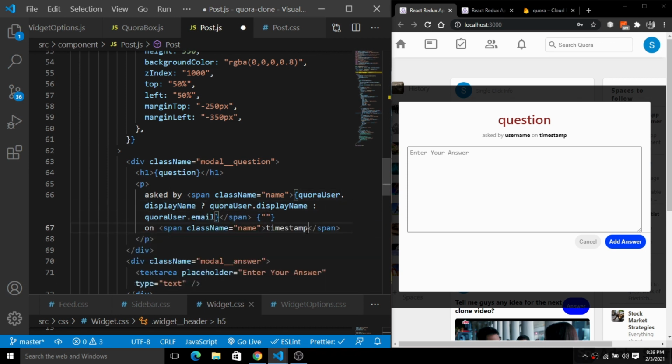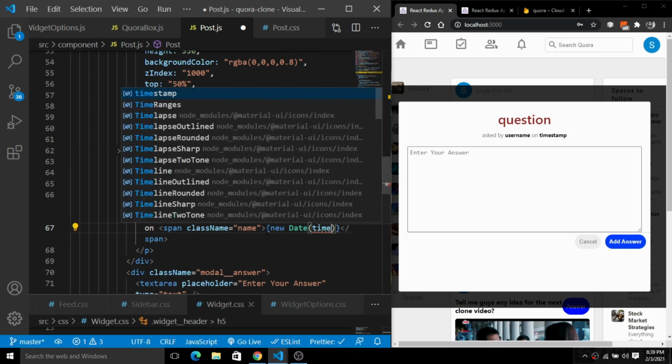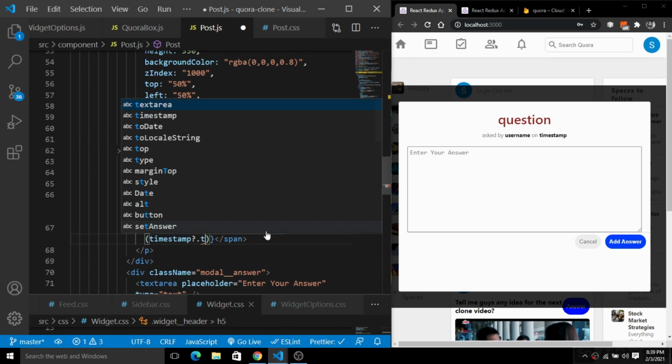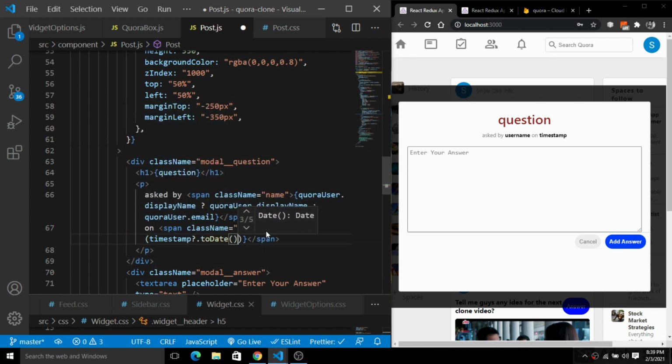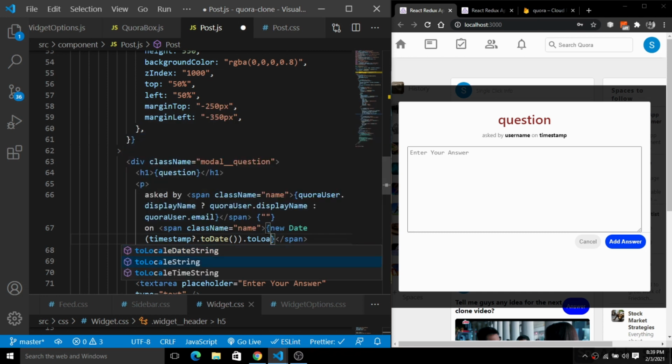Fine. And for the timestamp we will convert the timestamp to the locale string. How will we do this? Simply remove this timestamp, and for this I will create a new Date. Inside of this we will pass the timestamp. So we have this timestamp here. For this timestamp I will convert it to a date, and here we will convert it to the locale string, so that it will be changed to a date and time string separated